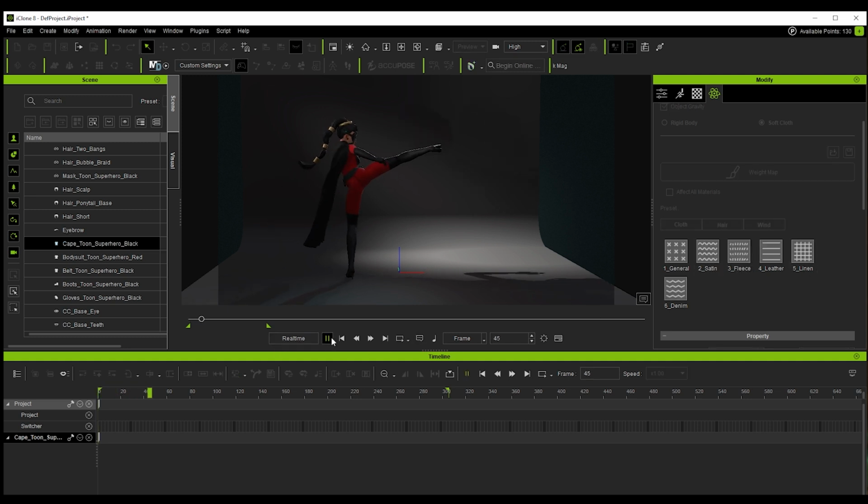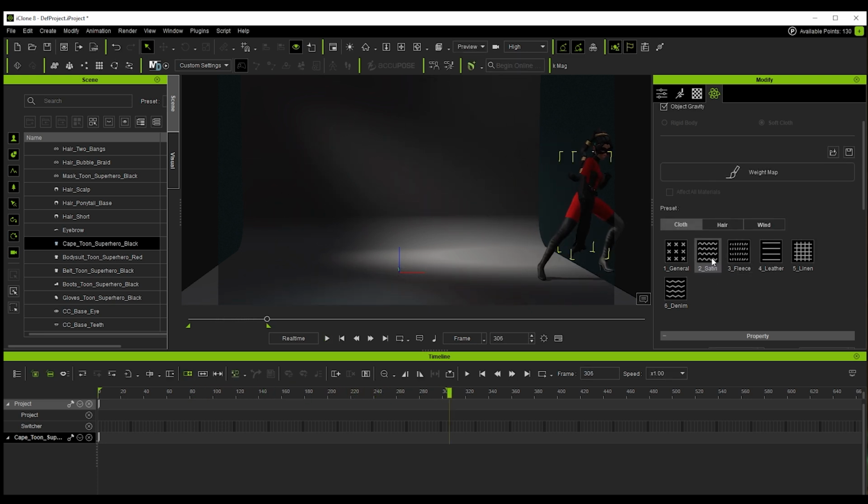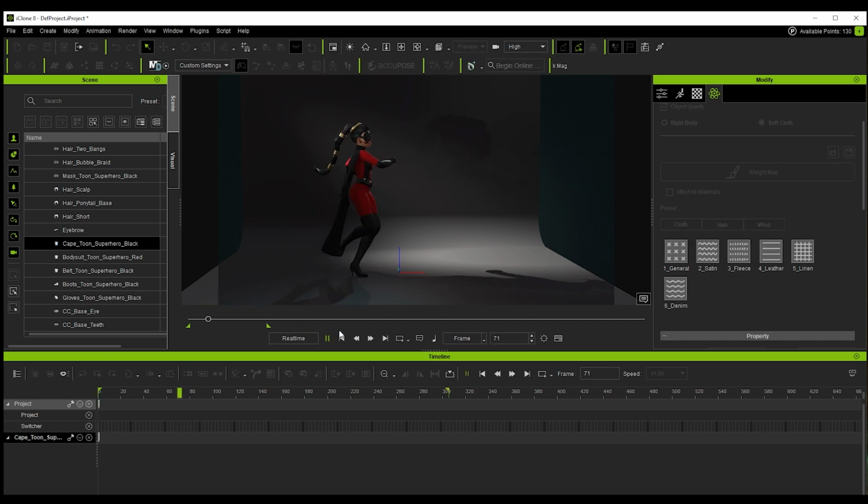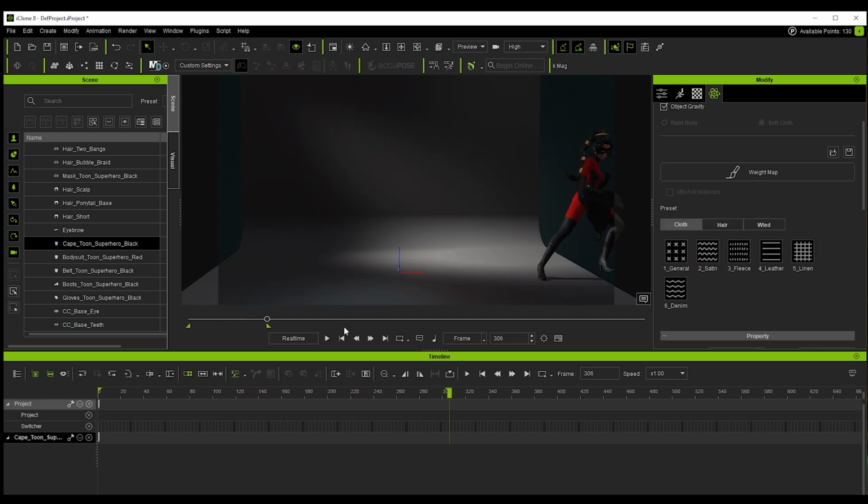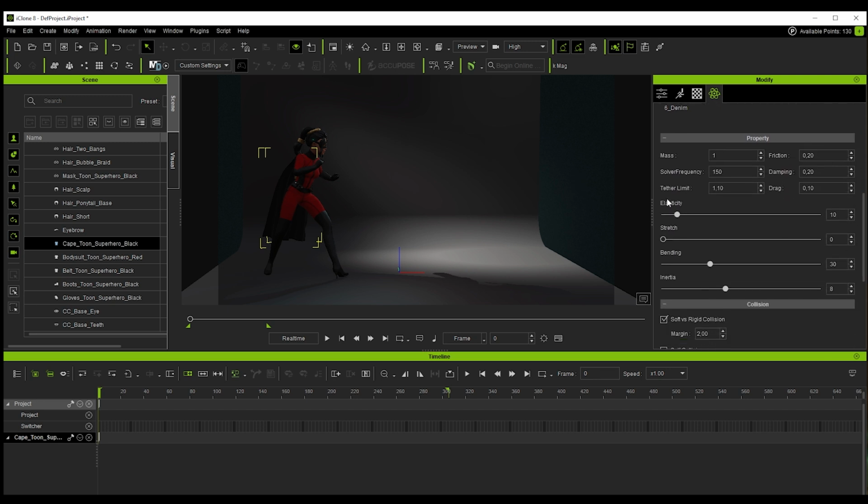Yes, we can see it falls a bit more. But I don't know, the most suitable one here would be, let's try this one for example. Well, you can choose any of them. As you select the different options here, the parameters down below will change.